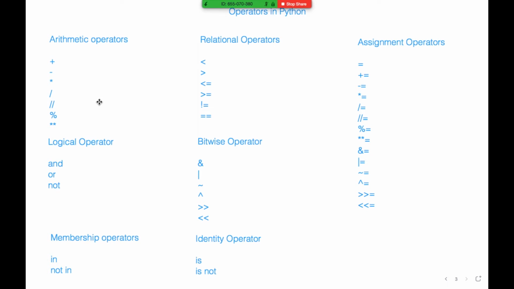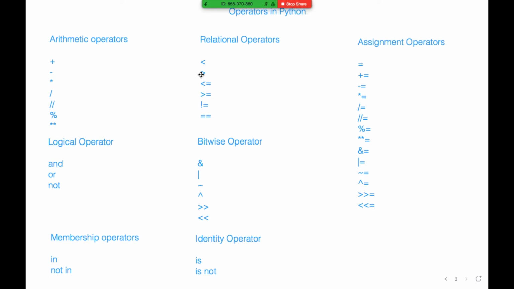The next operator is the relational or comparison operator. A comparison operator is used for comparing two variables. For example, we have two variables a and b. We want to check whether a is greater than b or b is greater than a, or whatever it is.